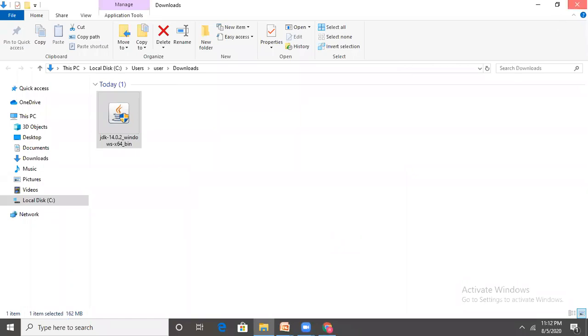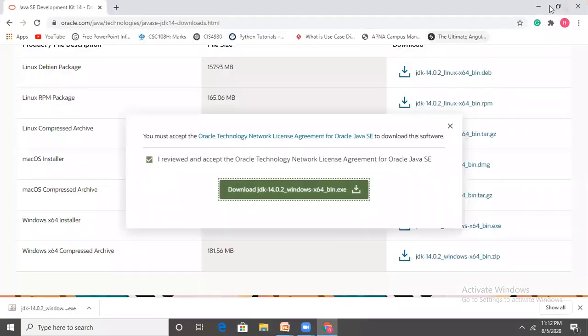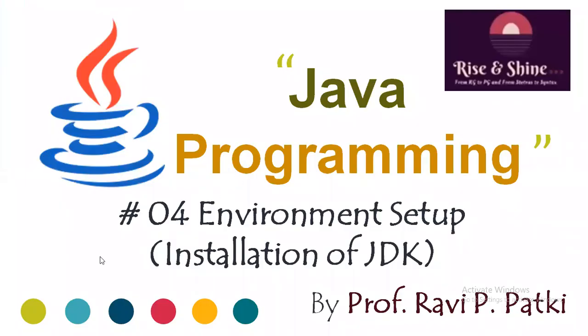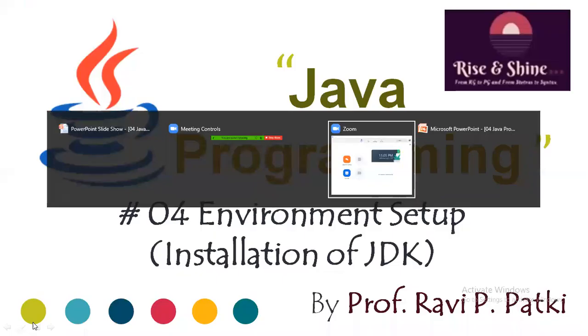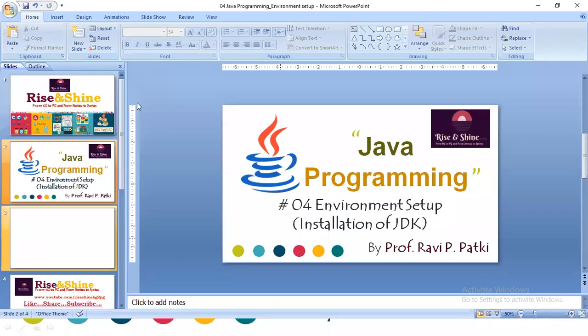Close your file browser, close your web browser also. Now JDK is installed on our machine, but how to check whether it is installed or not?